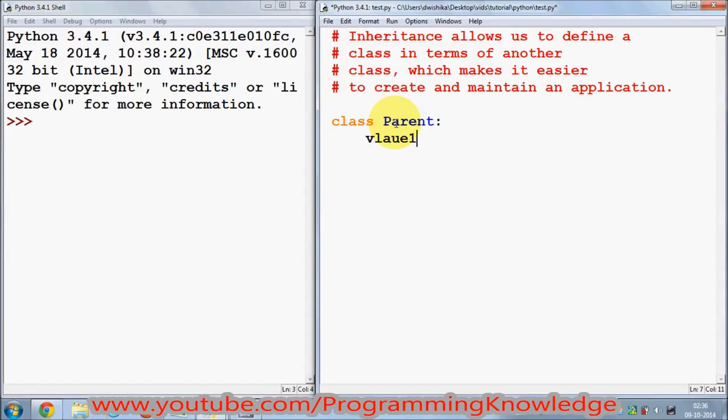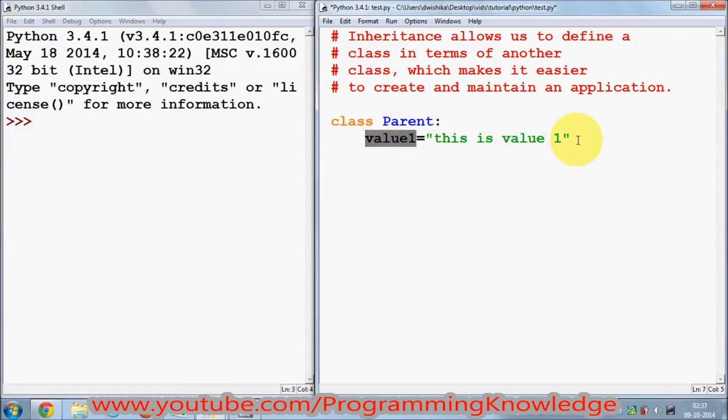Value 1 is equal to, let's say it's a string, so I say this is value 1, and in the same way I will define value 2, which is the second member variable of this class, and this is value 2. Okay, now